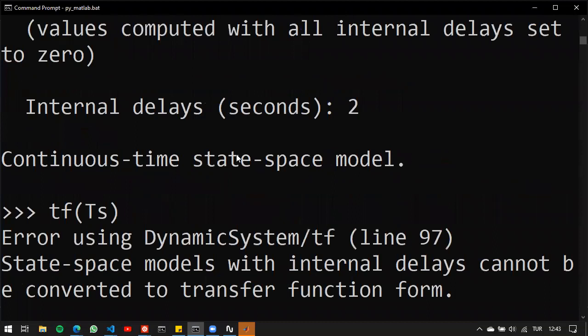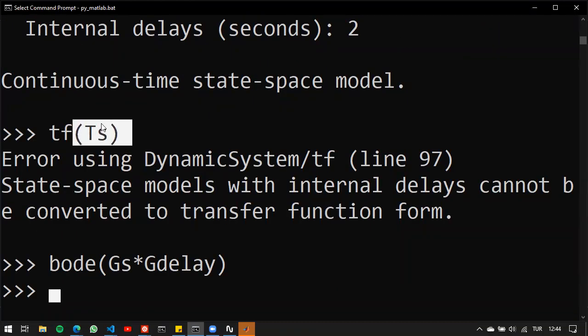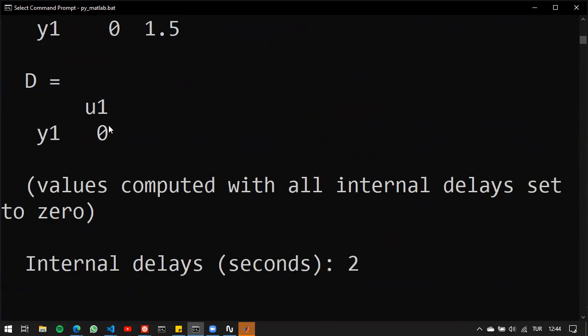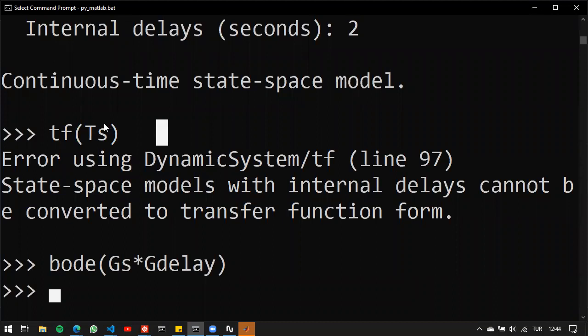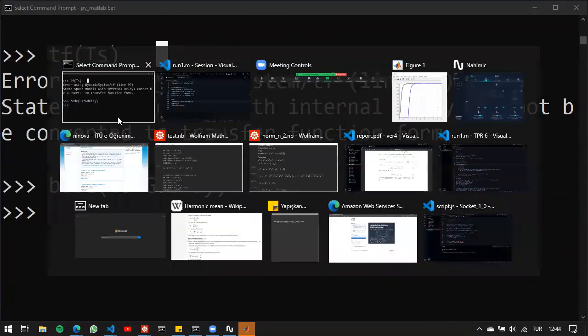But we cannot look for the closed loop transfer function. We are not seeing it in the transfer function version. We can just see a state space model here. Yeah, we're pretty much in trouble. So let us look